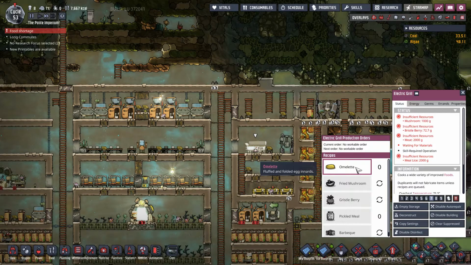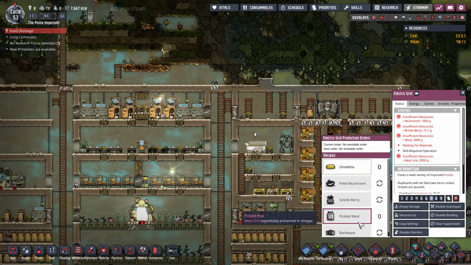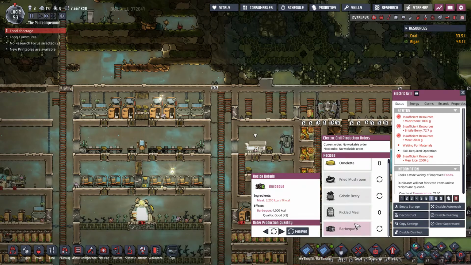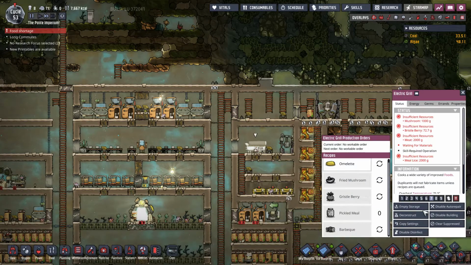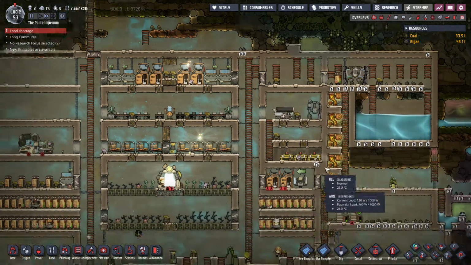Omelettes, we need eggs, fried mushrooms. We're not growing mushrooms, we are making bristleberries, we're not going to make that anymore, and if we have meat we will barbecue it. Actually, if we've got the makings of an omelette, make an omelette. No reason not to. So cooking's at priority 7. I'm actually going to put both of those at priority 8